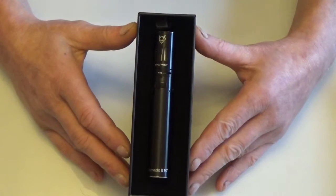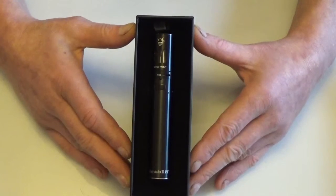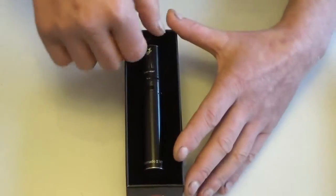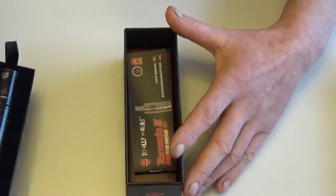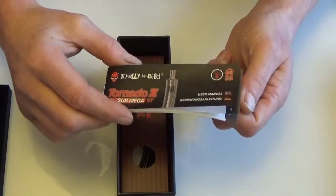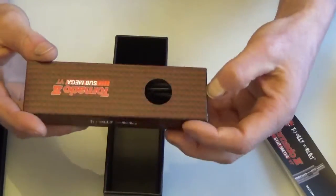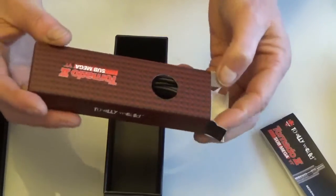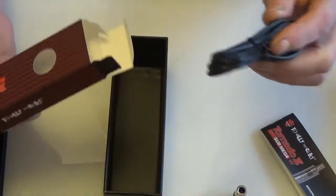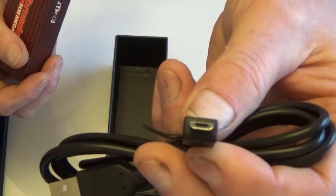That is the complete unit. Comes in black, like this one, and brushed steel. Pull that out. We've got an instruction manual, user manual. Go into that shortly. Another box inside. In that we have your drip tip, USB cable, as is the norm these days. It's a micro USB cable,